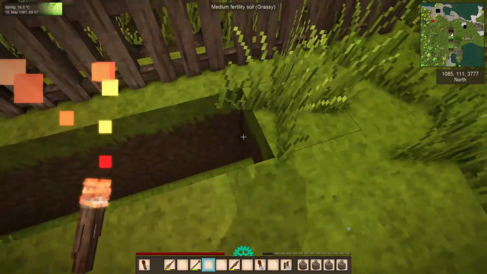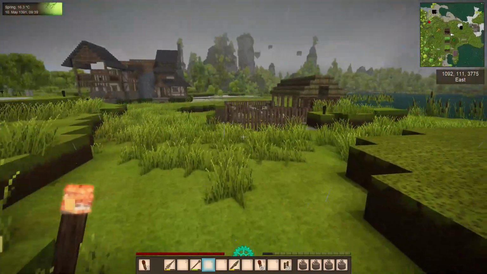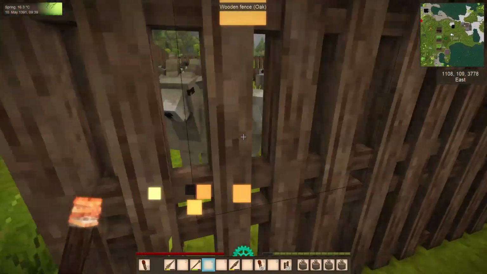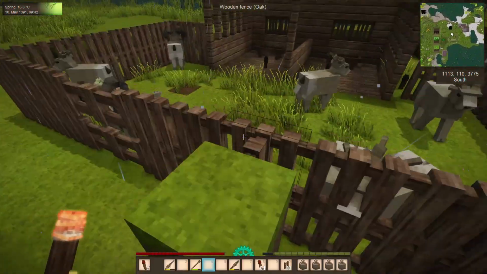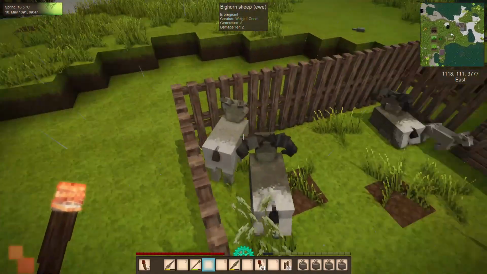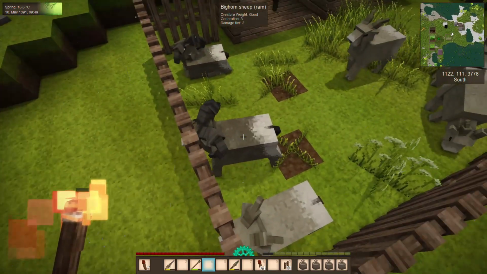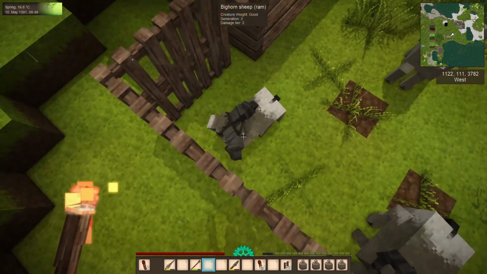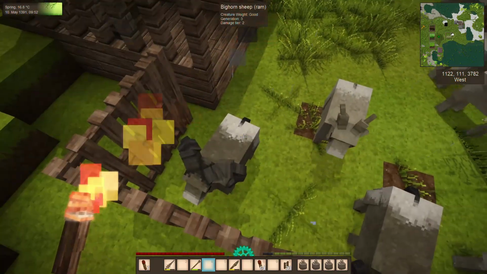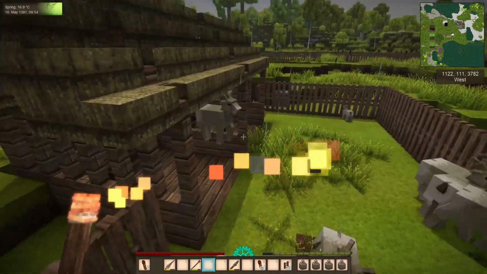But yeah, I just feel like at this point I don't really need a rabbit trap because I have a pretty good supply of meat over here with my sheep. What I've been doing is I will raise them, and when a new ram appears, I will usually cull the ram of the lowest generation. So right now these are both generation 3, and I just culled a generation 2 ram. So that's what I'm doing for that, and letting the ewes just